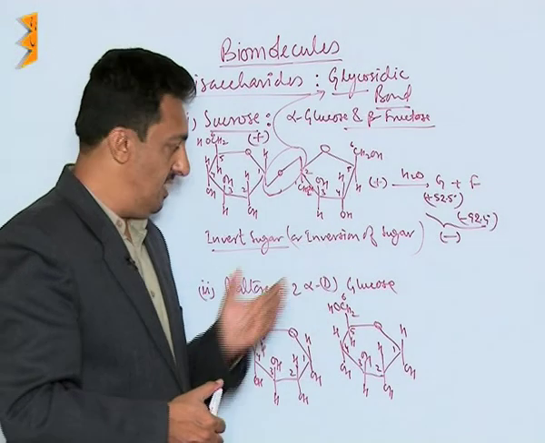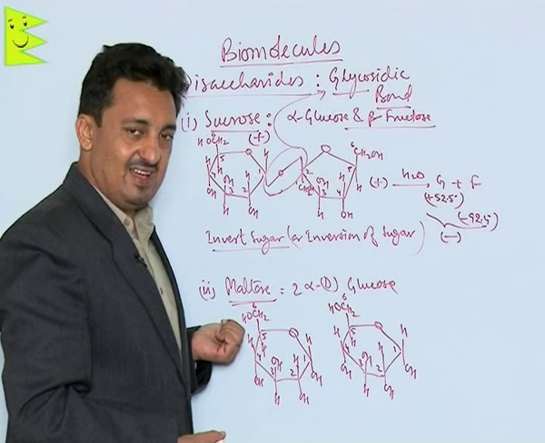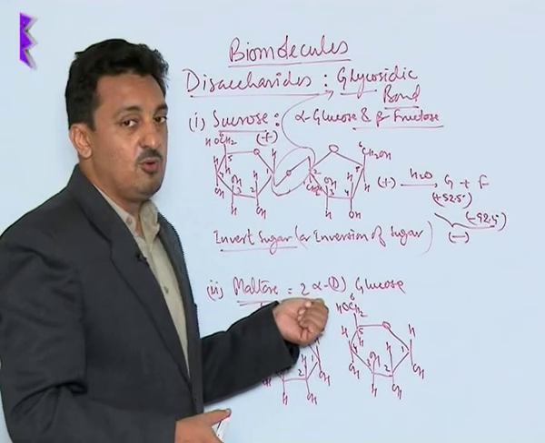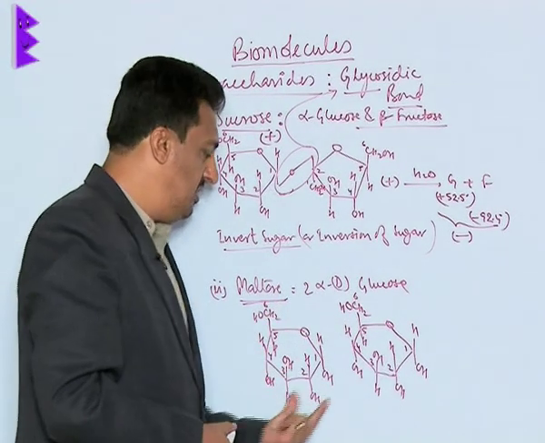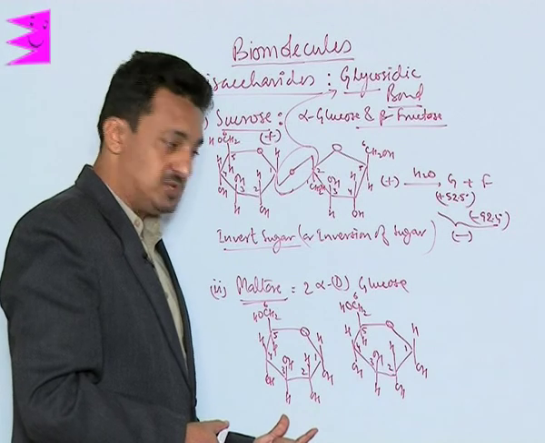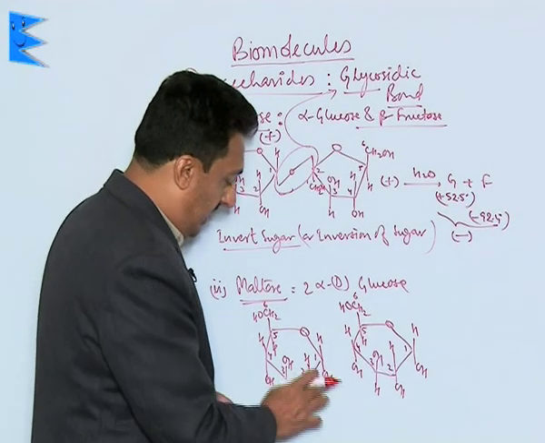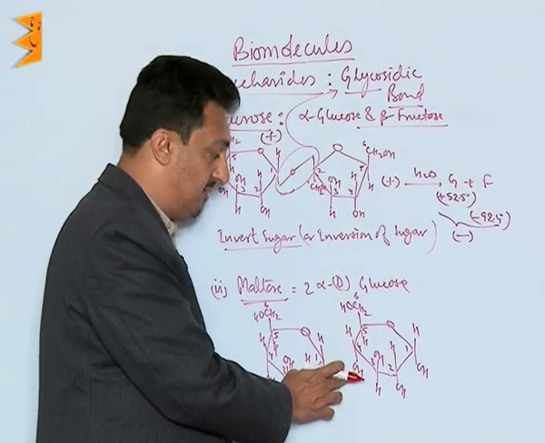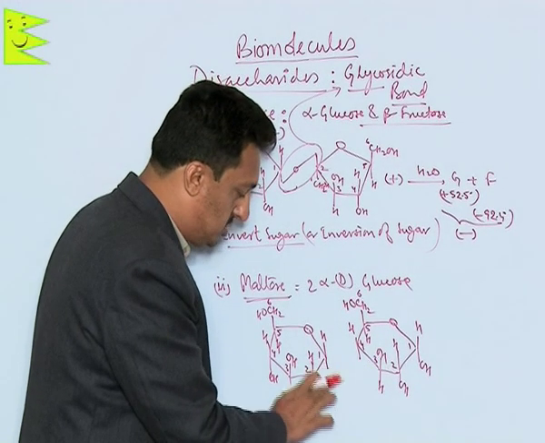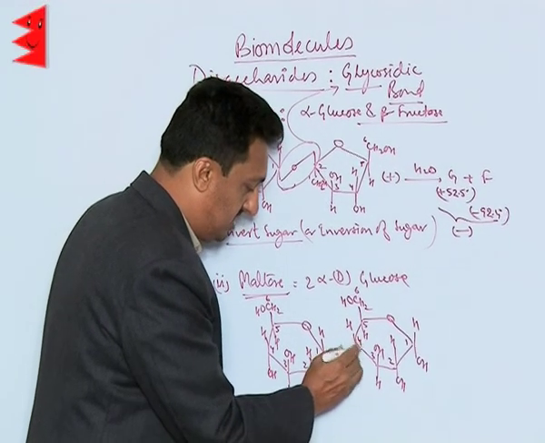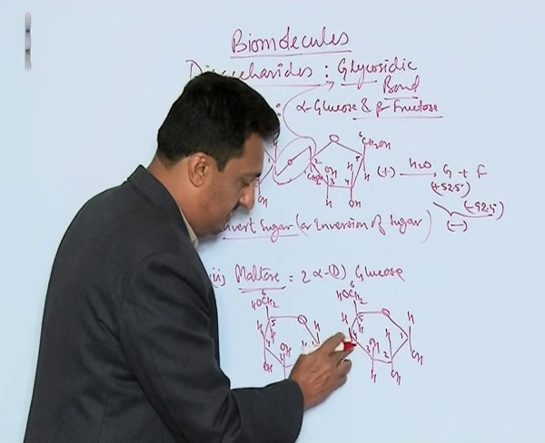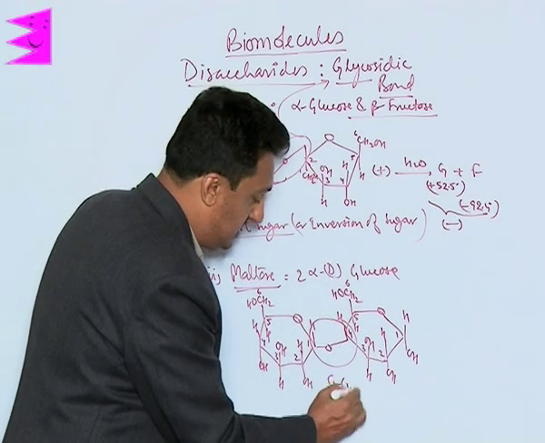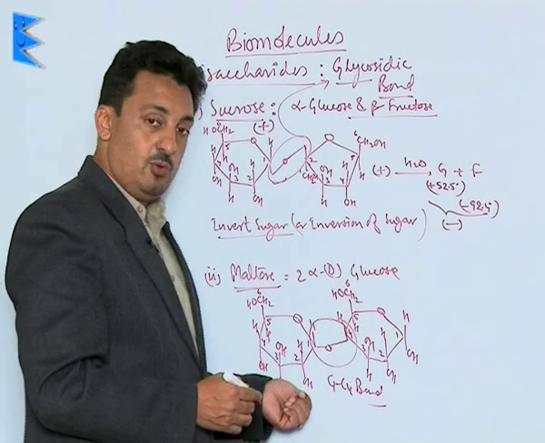Now let's move to the second category of disaccharide, maltose. Maltose is a disaccharide of 2 alpha D-glucose molecular species. I have drawn 2 alpha D-glucose molecules, and what happens is that the OH group of carbon number 1 of one glucose molecule combines with the OH group of the 4th carbon atom of another glucose molecule, and these 2 OH groups, since they are on the same side, join to each other through this kind of bond, which is called a glycosidic bond. This is also called the C1-C4 bond because C1 of the one glucose molecule is bonded to the C4